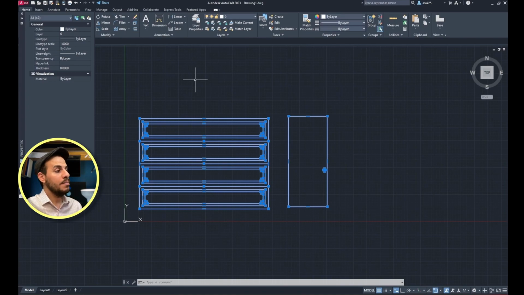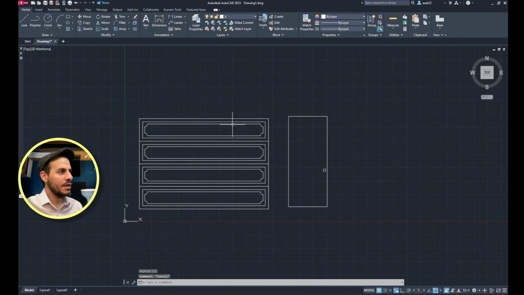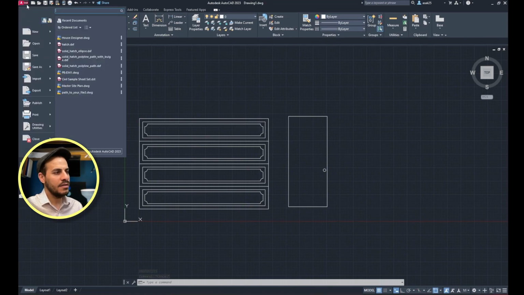So I will be using this example to demonstrate how you can use the ezdxf library and Python to talk to AutoCAD. And believe me, it's going to be an exciting journey. So let's dive in. What I'll do right now is save this drawing, save as, and select the